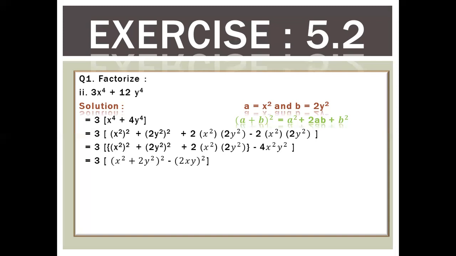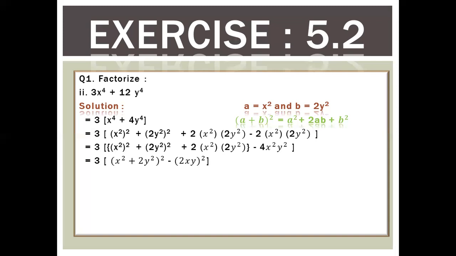When we combine the first three terms, the formula is a plus b whole square. According to the question, a is x square and b is 2y square. So we enclose a and b within the bracket: a plus b whole square, x square plus 2y square whole square,